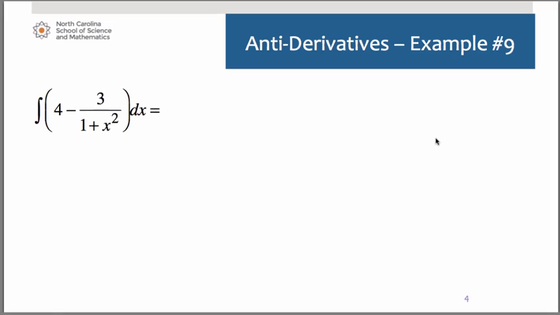And we have one last example. Antiderivative of 4 minus 3 over 1 plus x squared dx. Going term by term, antiderivative of 4 is simply 4x. For the second part, this is where you need to recognize that integrand pattern. That is the pattern for an inverse